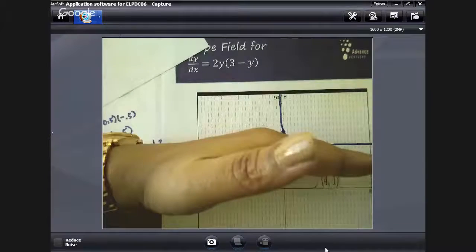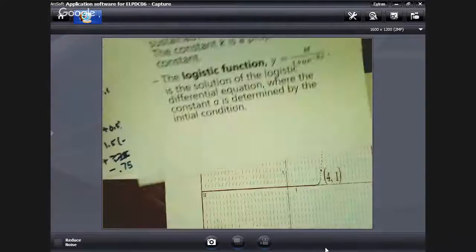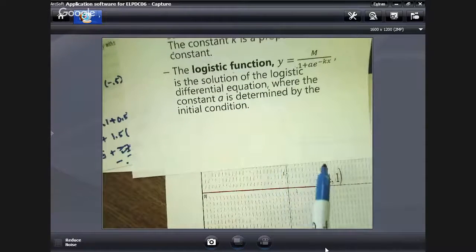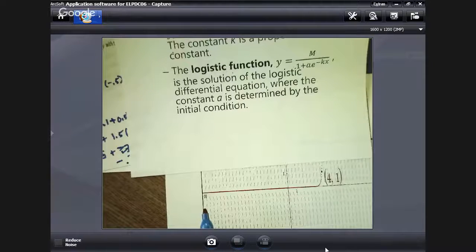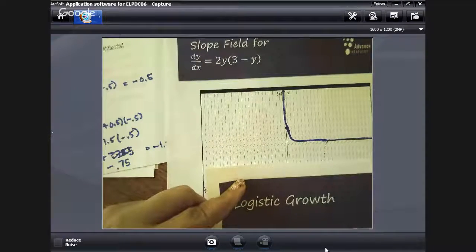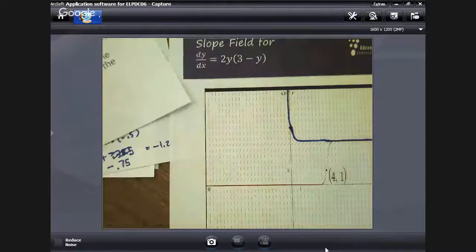From about here over, oh, my hand's covering that up. Let's do it this way, right? From about here over, my graph is concave up. And from about here over, my graph is concave down. In fact,